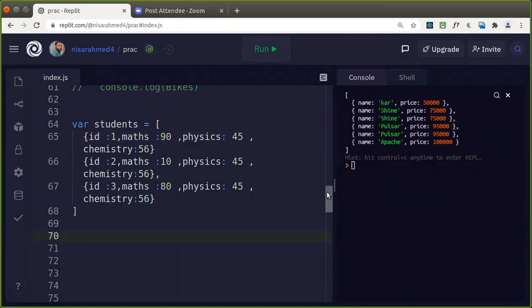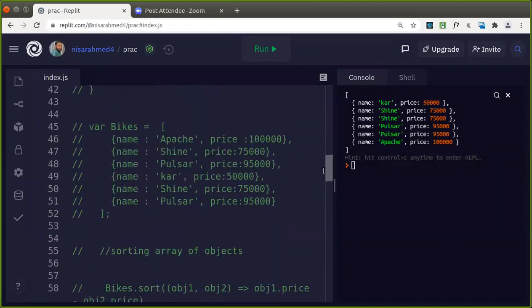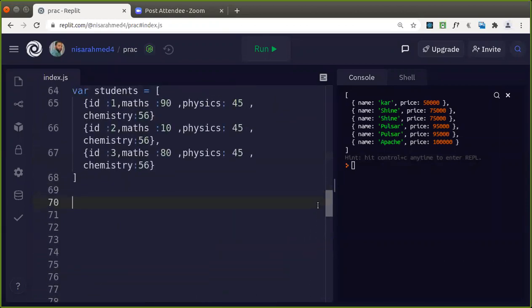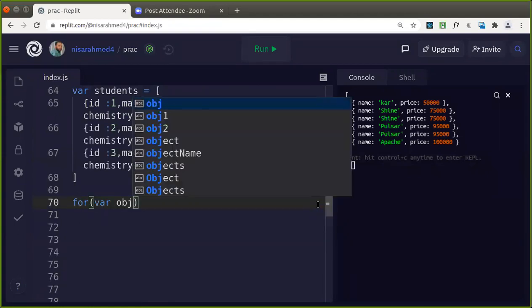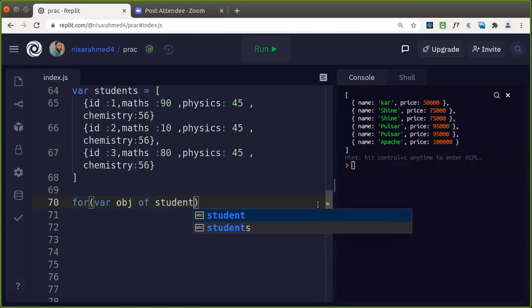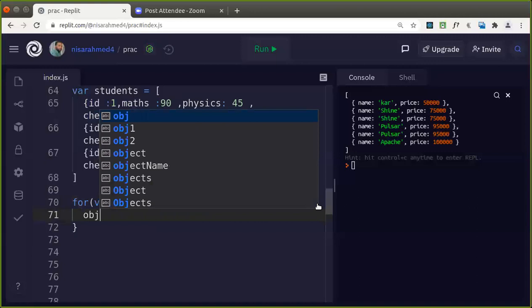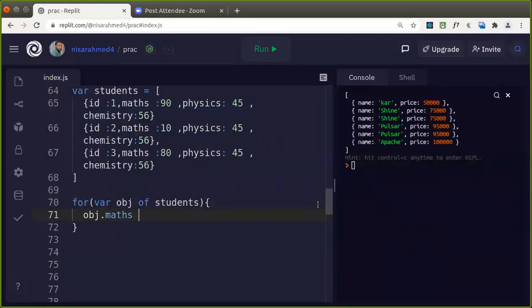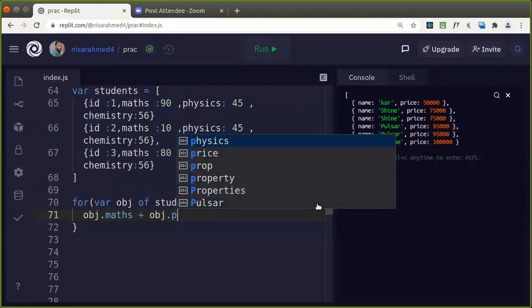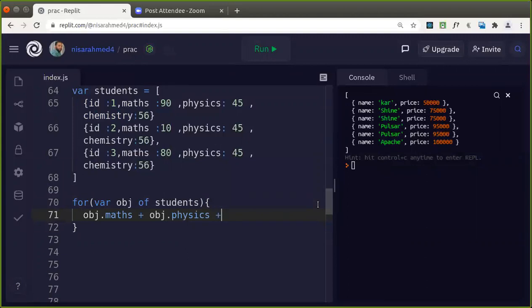So you have to iterate, isn't it? For each object you are going to take from students, then obj.mathsMarks plus obj.physicsMarks plus obj.chemistryMarks, isn't it?